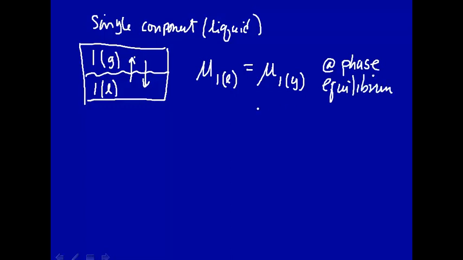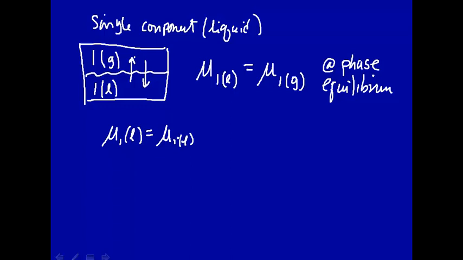All right, now let's develop this. Let's look at thermodynamically in more detail what's happening here. We're just looking at the single component, and then once we understand that, we'll add another component here. All right, so the chemical potential of component 1 in the liquid phase will be